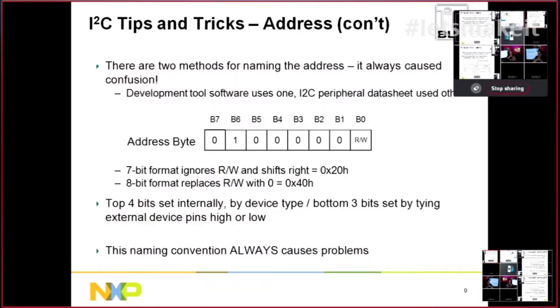Now, one of the reasons for that may be simply a terminology problem. If you look at the address byte, there are typically 4 bits that are hardwired into the system. In this particular case, it's the 4 high-order bits, 0100 or 4. And the lower 3 bits are hardwired on through the slave pins, which I guess I should have put X's in instead of the 0. So that's B3, B2, B1, which allows you to put 8 of the same peripheral on the bus by simply varying the hardwired I²C address. So in this particular case, the address that we show here is a 40